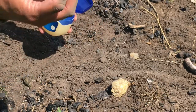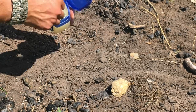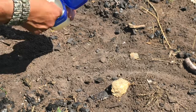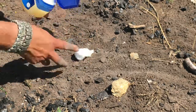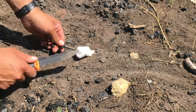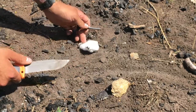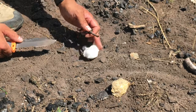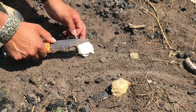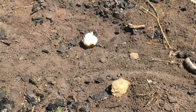Alright, so now what we do, take the cotton wool, I'm going to just rub it in petroleum jelly, which is basically just your bulk standard Vaseline. Okay. Now we'll try and get a spark into that. Burning nicely. Right, hopefully what you'll notice this time is, one, that's a better flame than the last